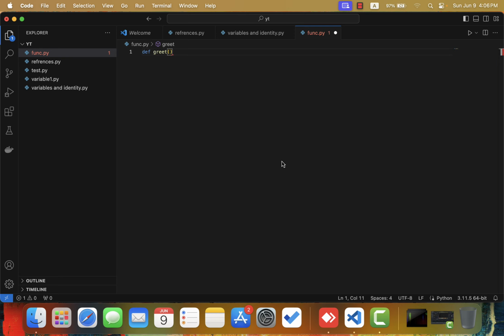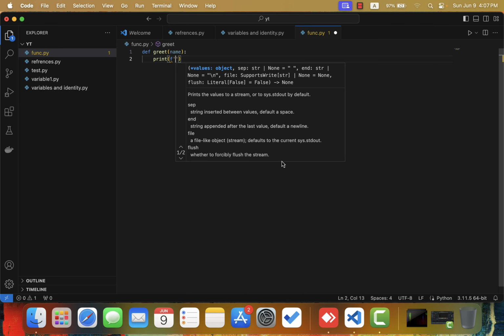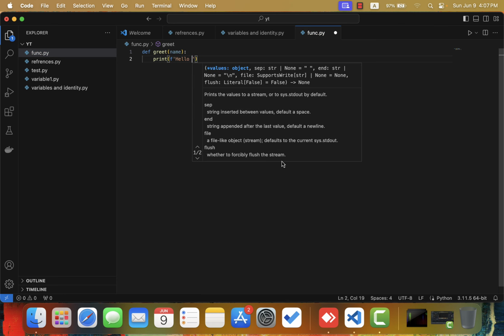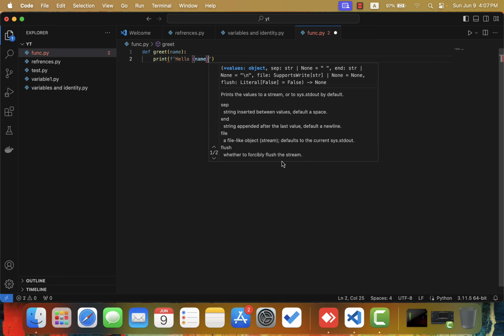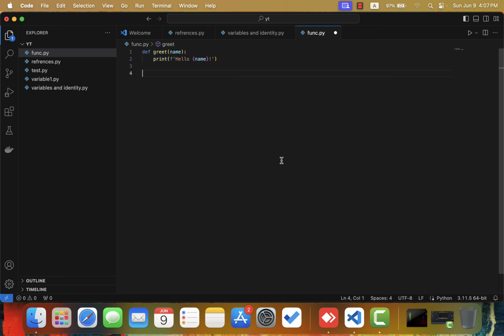As an example, def greet, name, and print hello, name, and just call the greet function